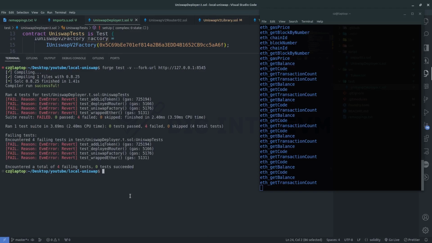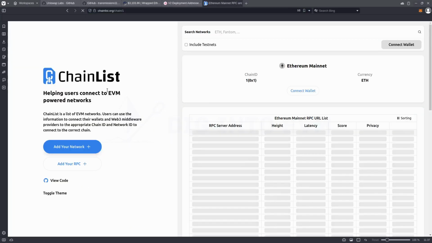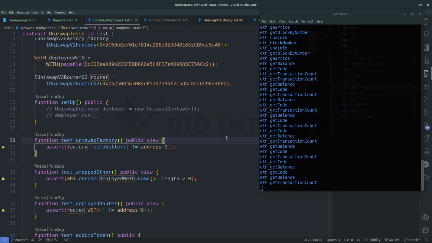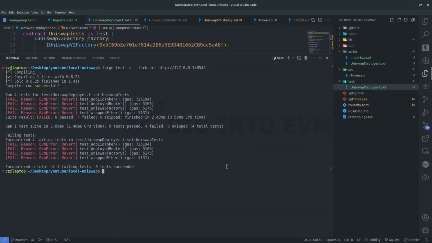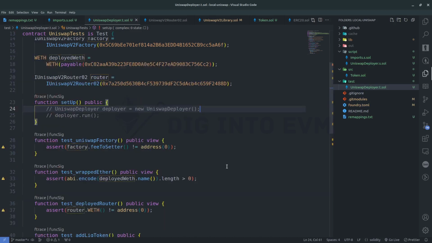But the fun thing is that if, for example, I take an RPC from Ethereum mainnet right now, let's go on some website to take the fastest one, I can keep the setup function commented, so we're not going to be deploying anything. But if I provide this RPC, it's actually going to be doing the simulation here by simulating the state of mainnet inside of our local environment. So here, of course, it's a bit longer because it needs to do a lot of calls. And here, as you can see, all the tests now pass again, even though we still kept the setup function